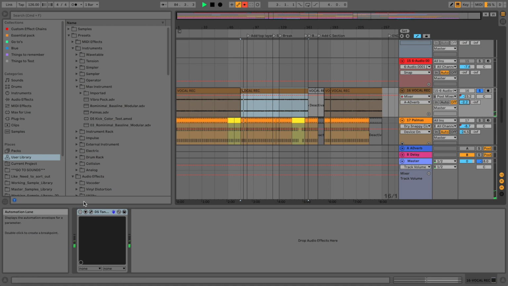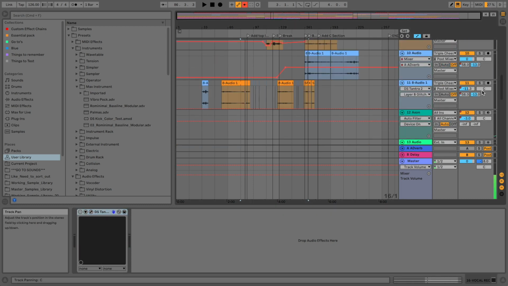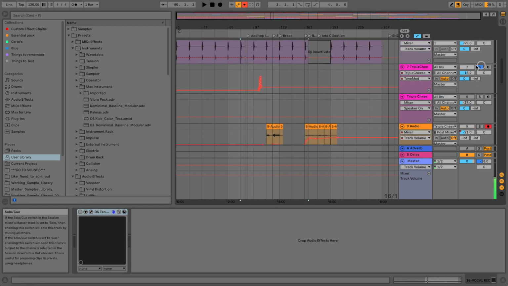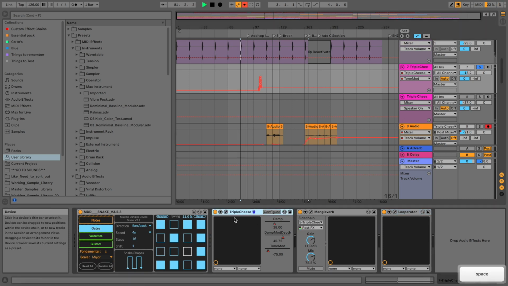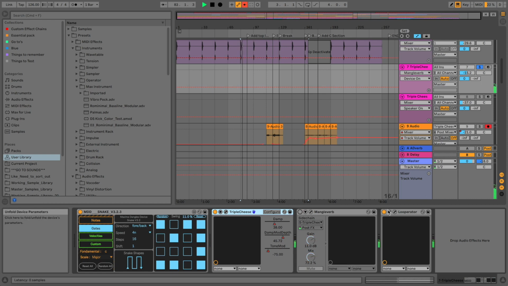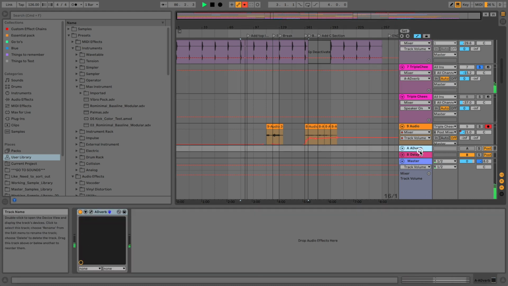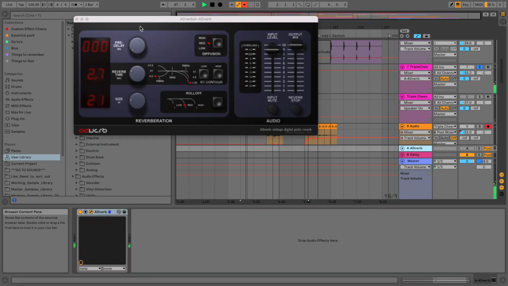Adding reverb again. And here, let me quickly check Triple Cheese, the freeware plugin. I have also some effects on that. Without effects, it sounds like this. So I send it to this reverb plugin here,